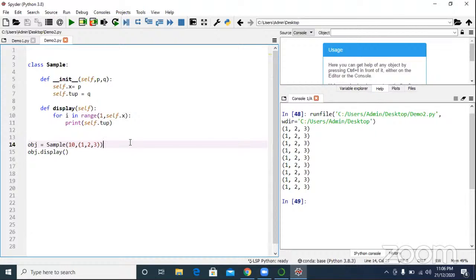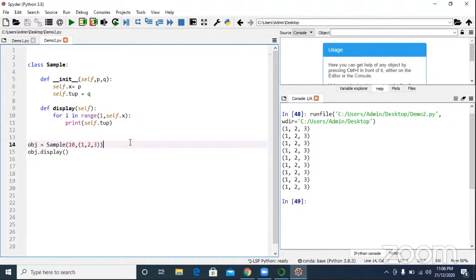Function overloading is not possible. Method overloading in Java means you are passing different arguments. You can have display with a different number or type of arguments. But in Python it is not possible.